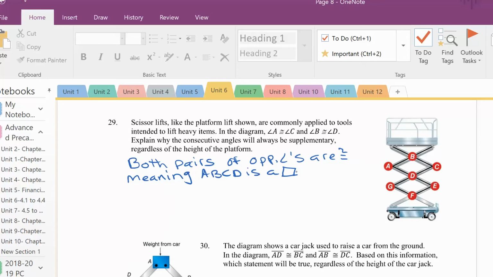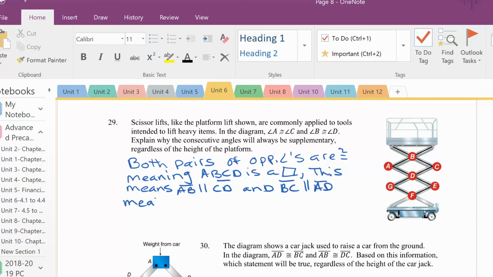And since it's a parallelogram, this means that AB is parallel to CD and BC is parallel to AD, meaning,